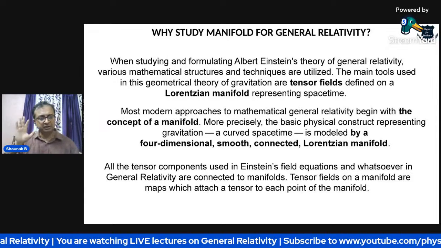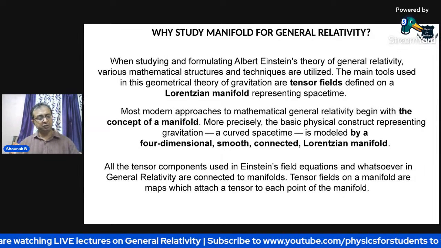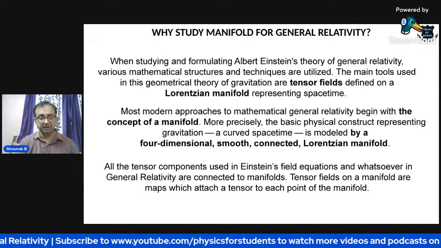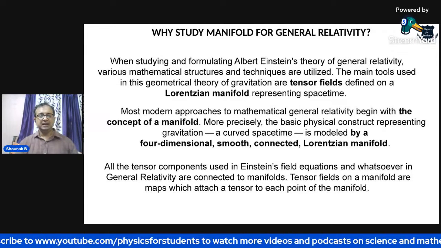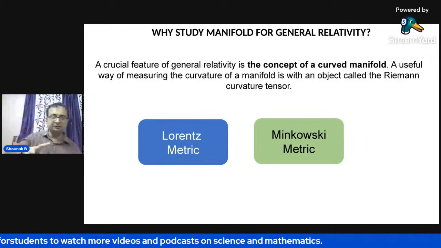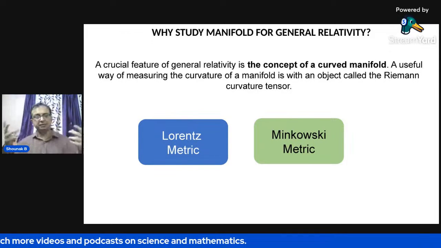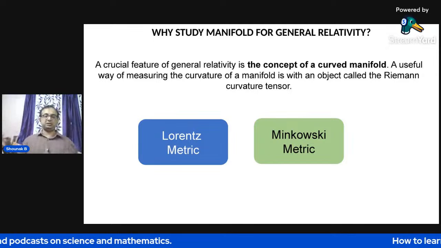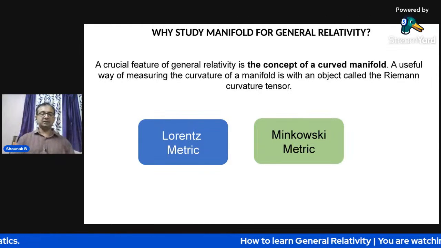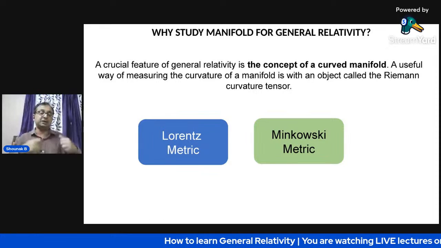So I hope you got the hint, you got the answer. It is not only that you are studying and studying, but it is something which is connected to general relativity. Also, you will see that a crucial feature of general relativity is the concept of a curved manifold. A useful way of measuring it is the object called the Riemann curvature tensor. Now, I would explain in the next class what is a Lorentz metric. First of all, I need to tell you what is a Lorentzian manifold,